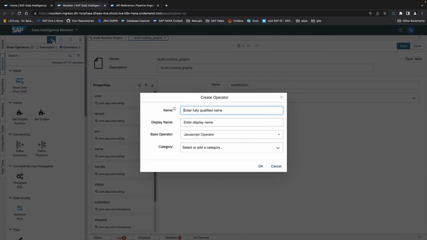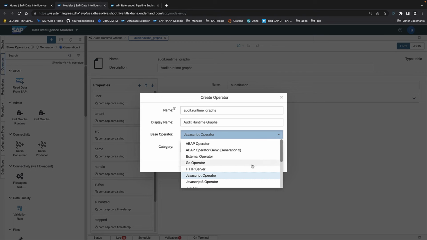And then we say plus, and we name the new operator audit runtime graphs. This is a Python operator